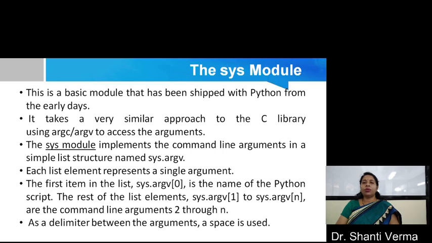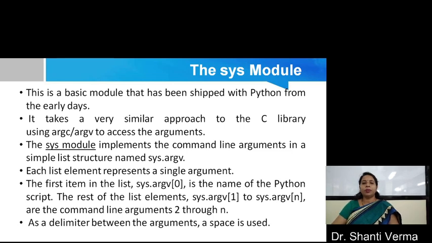Now, for using command line arguments, we require one module of Python that is called the sys module. This sys module has shipped with Python from the early days, and it uses a very similar approach to C, using ARGC and ARGV to access the command line arguments. The sys module implements the command line arguments in a simple list structure named sys.argv, and each list element represents a single argument. The first item in the list is